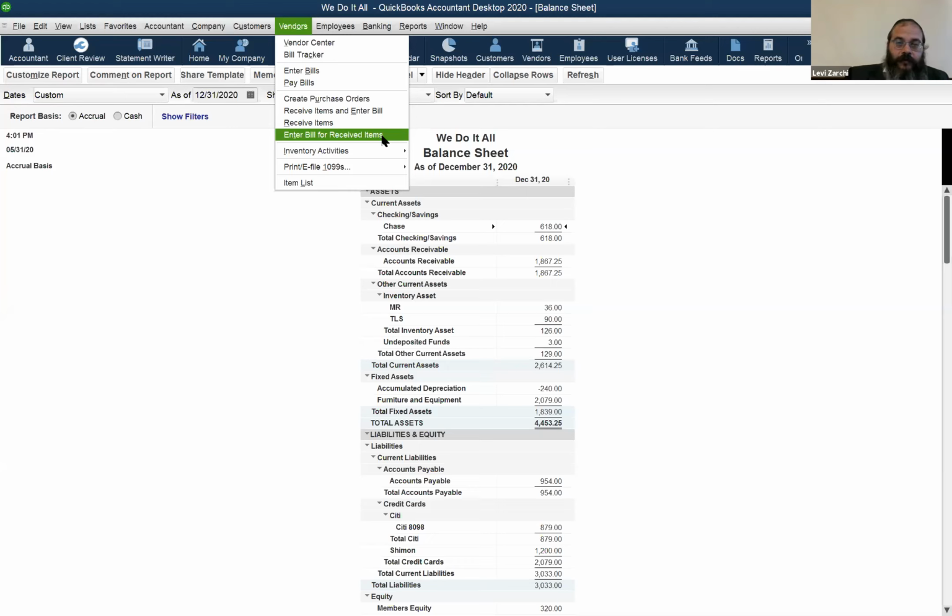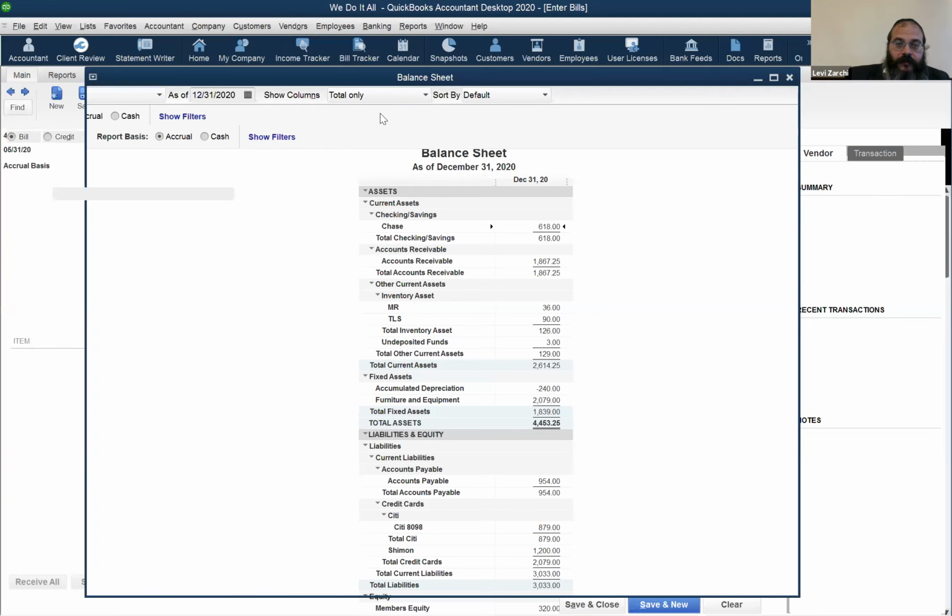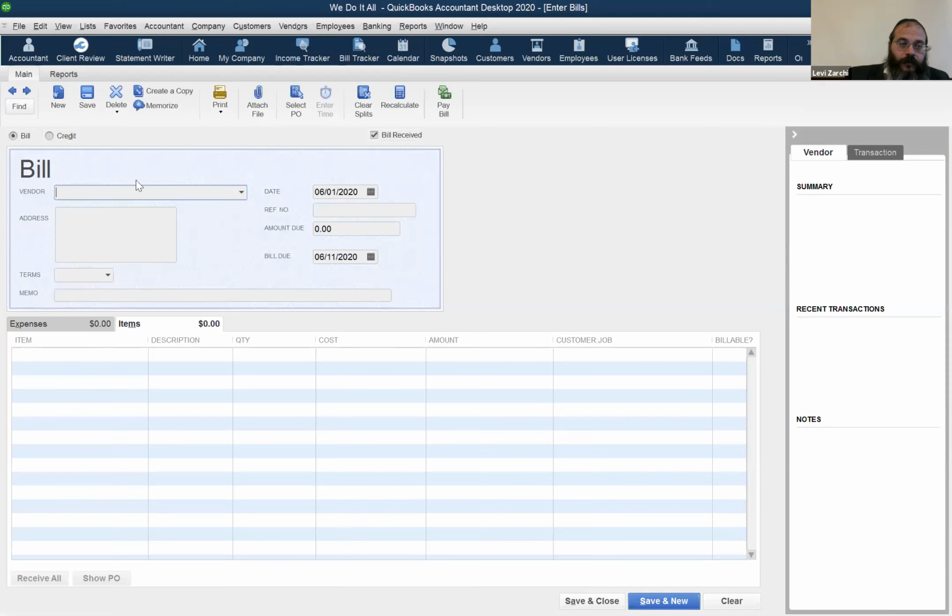I guess usually you don't enter a bill without receiving the item. So that's what doesn't give you that option. Now what we did was we went to one time with the receive item and enter bill. That's how we went to receive item, and according to the paper here,